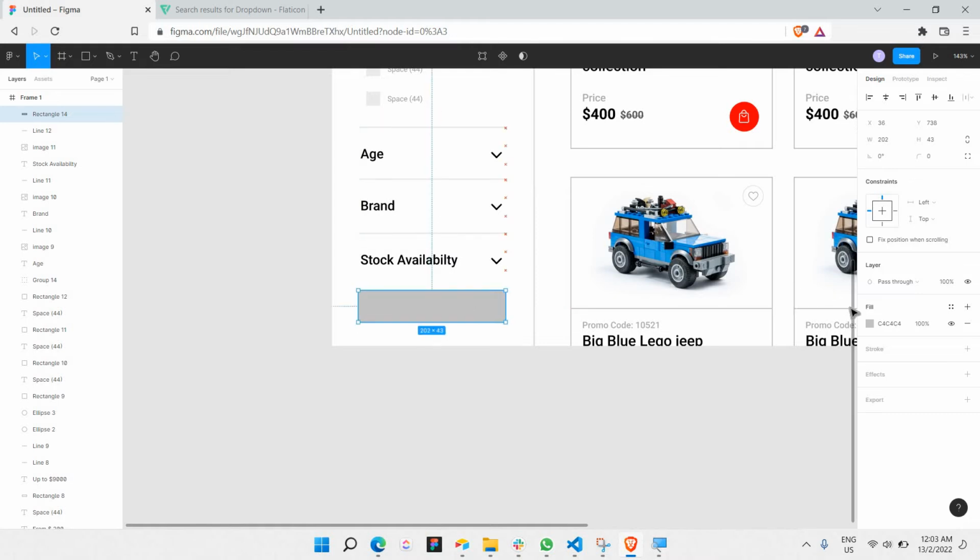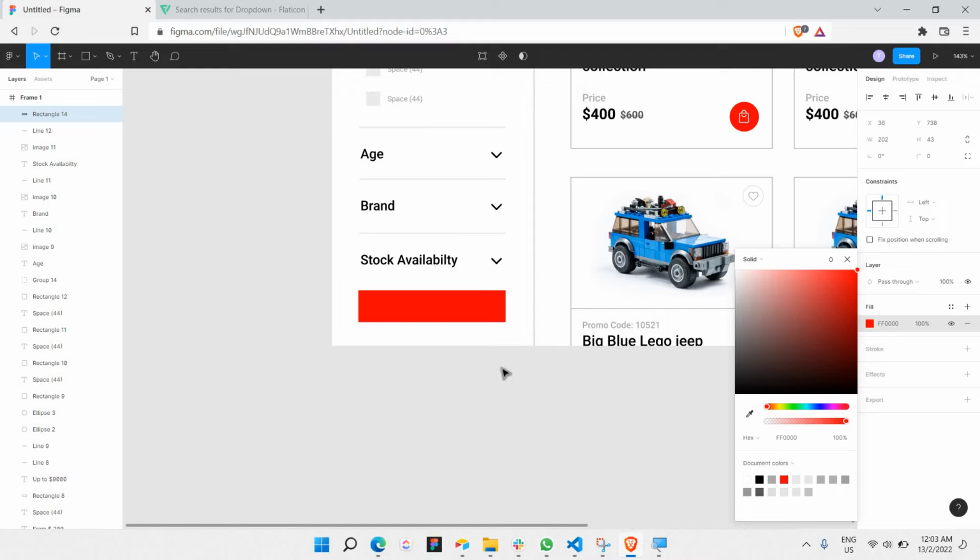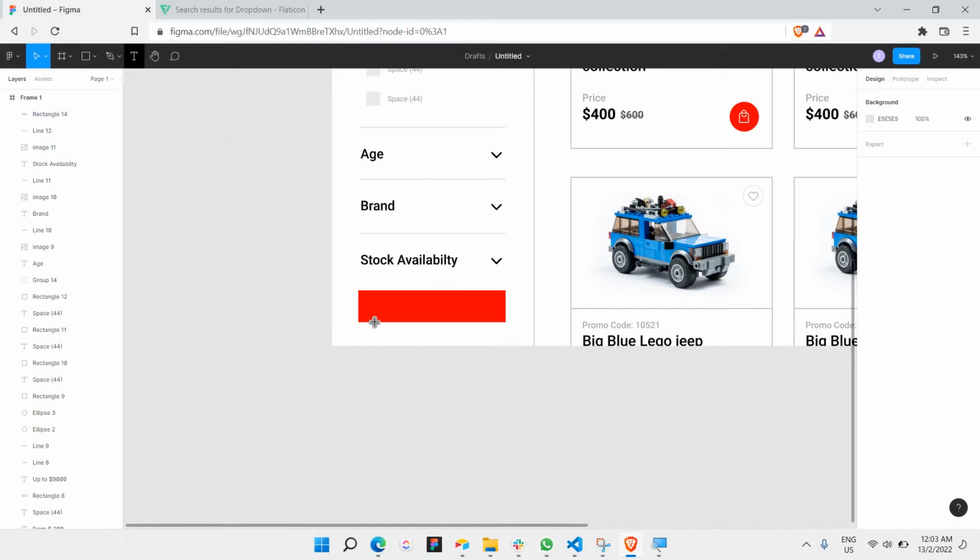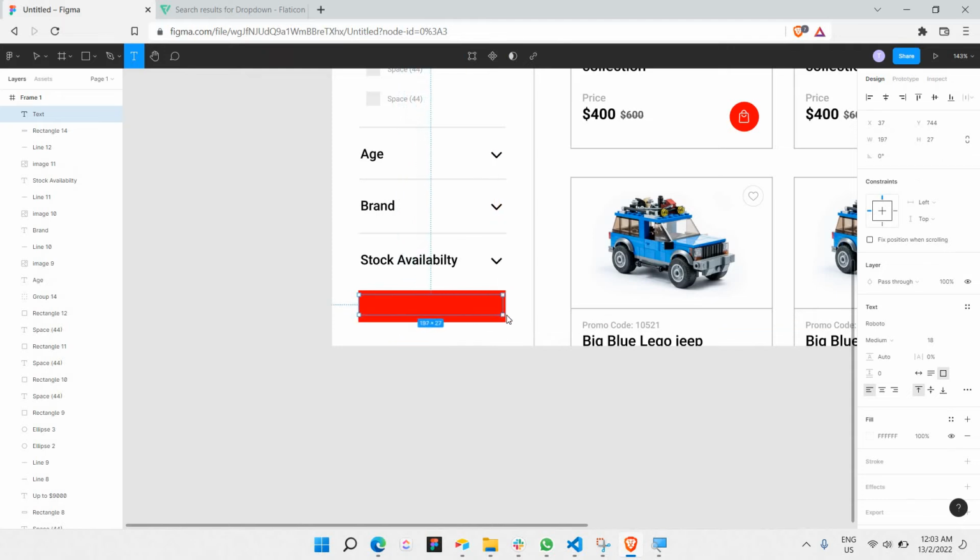It should be red, by the way. Just select red, and I'm gonna say, let me just make a tool. It's text here, and I'm gonna center the alignment. In this case, the color is white. Okay, so I'm gonna say apply